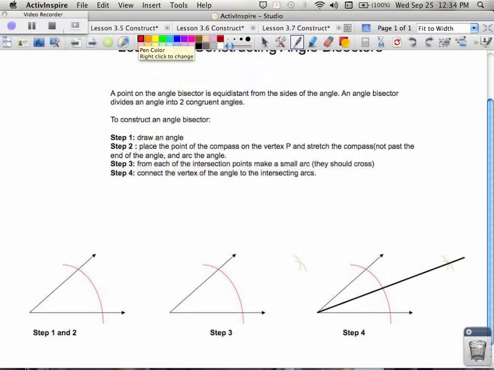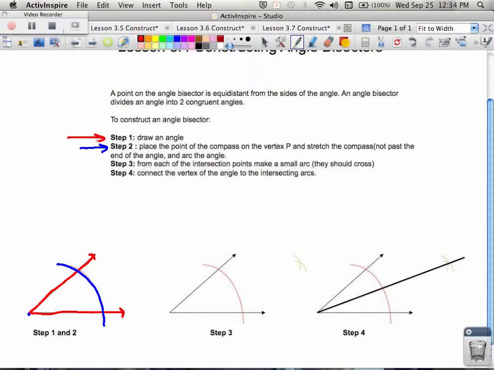So down below, you'll see an angle in red here that's drawn. In step two, we stretch out our compass, probably about halfway to 2/3 of the way, put our compass point on the vertex, stretch out that compass, and draw an arc going across. So step two was done in blue, and step one was either the angle was drawn for you or you